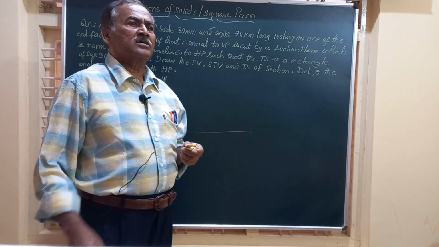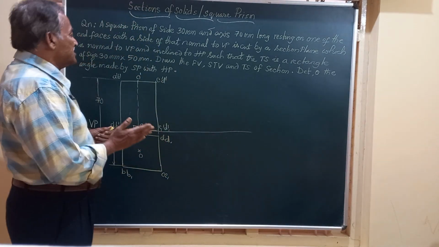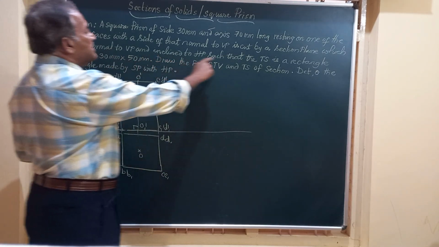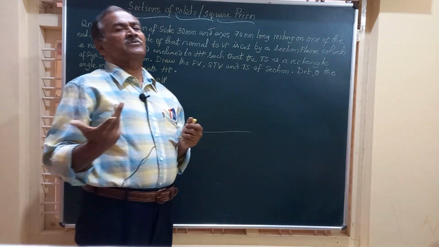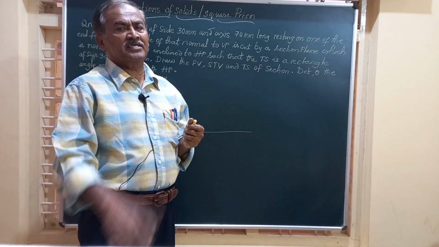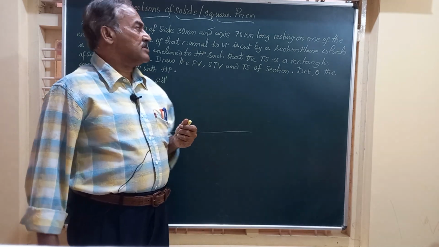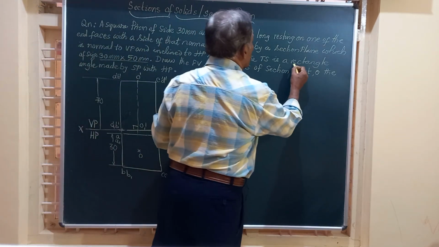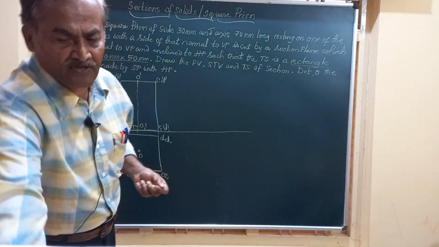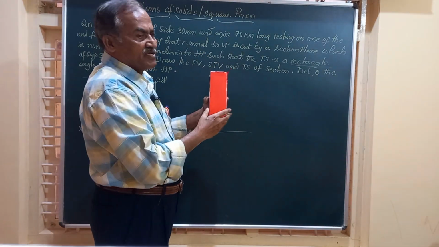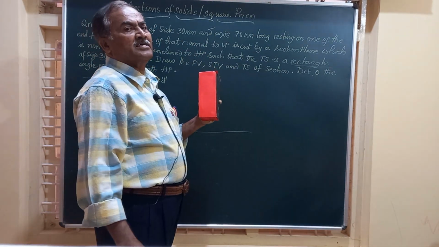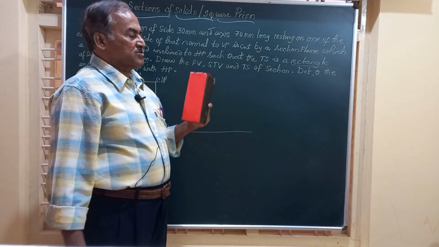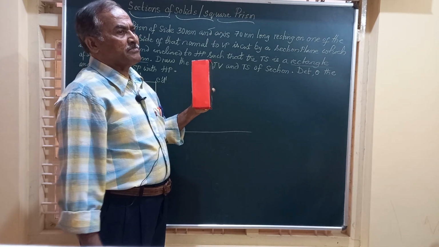Here, it has been specified that the section plane is normal to VP and inclined to HP. It has not been given where exactly it is cutting the solid, but it says that the true shape of the section is a rectangle. So we have to cut this solid in such a way that you get a rectangle as the true shape. So, friends, to get the true shape,